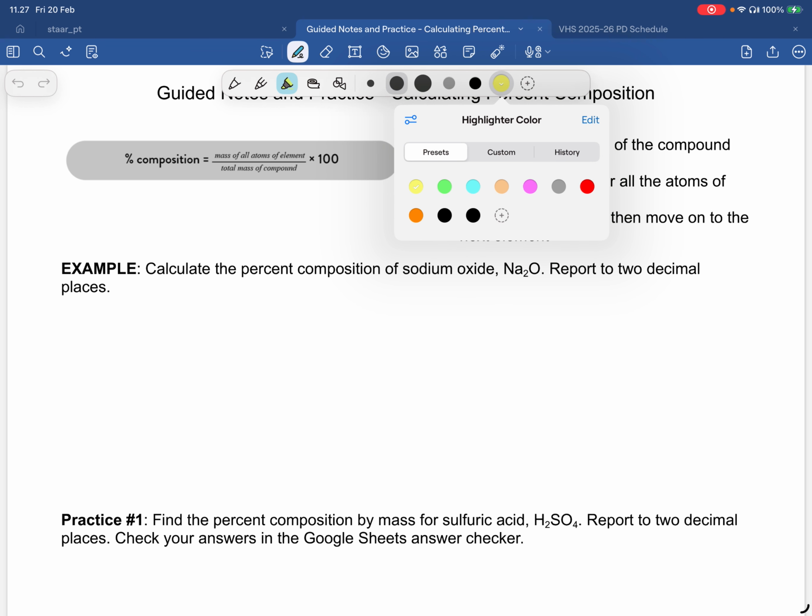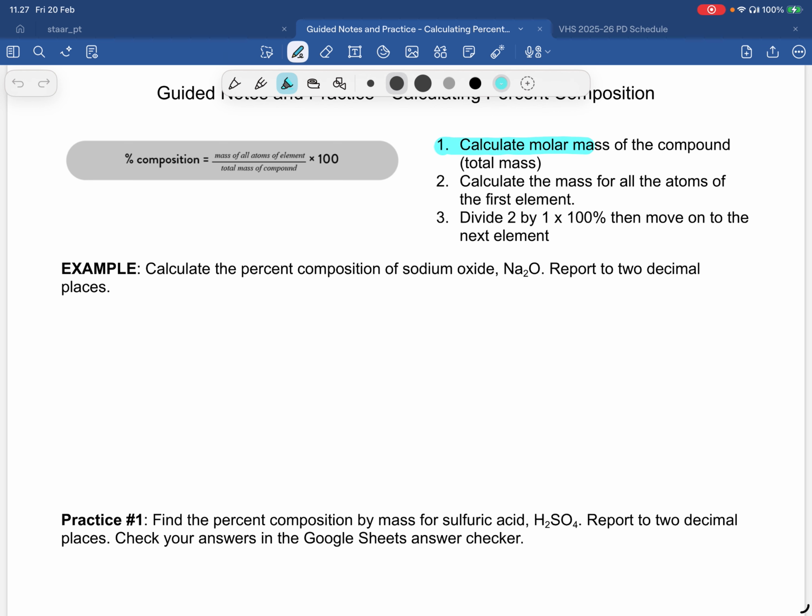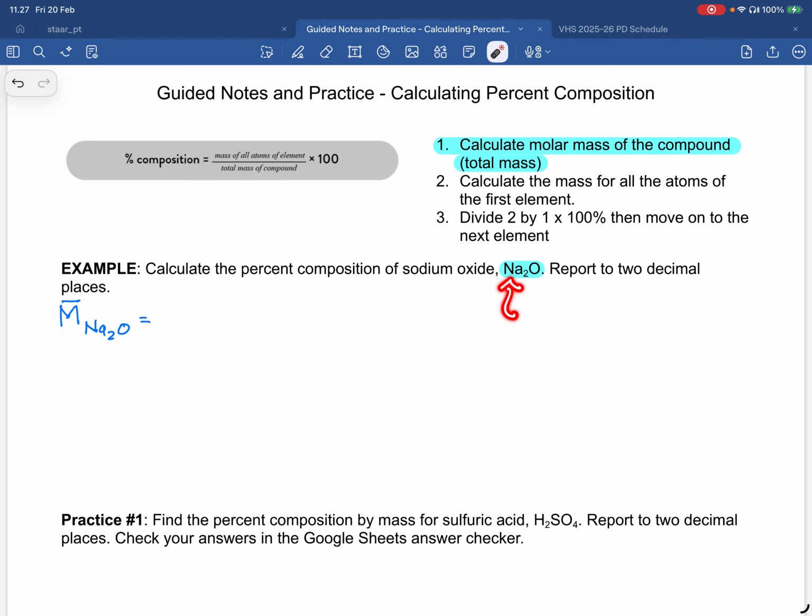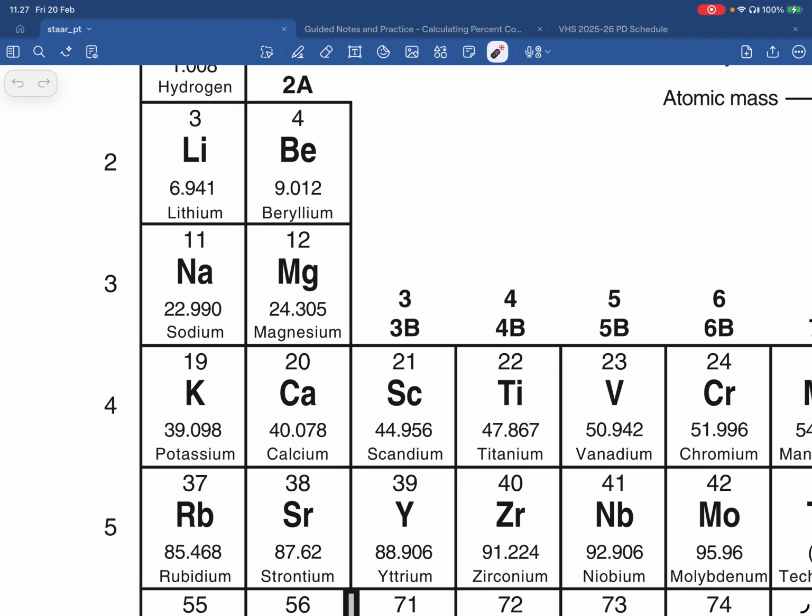So the first step, you're going to calculate the molar mass of the entire compound. Well, in this case, the compound is sodium oxide, or Na2O. So what we are going to do is use the same skills that we used in calculating molar mass. The molar mass of Na2O is equal to, well, first we need to know the mass of a single sodium. Well, a single sodium is